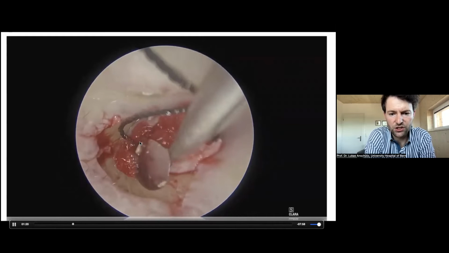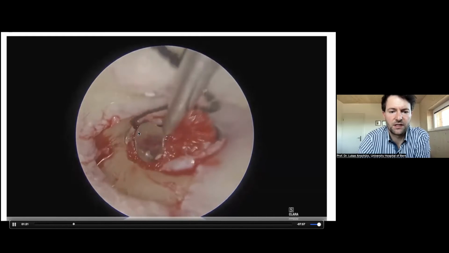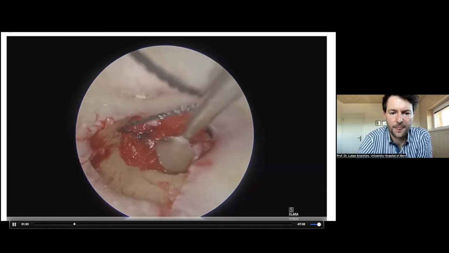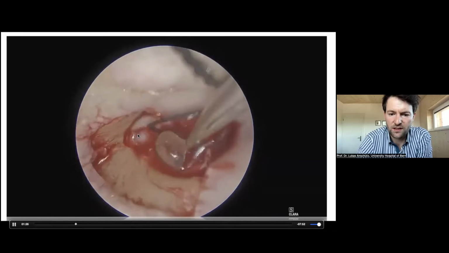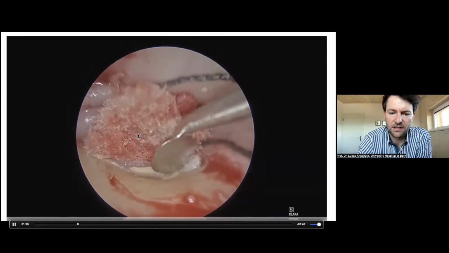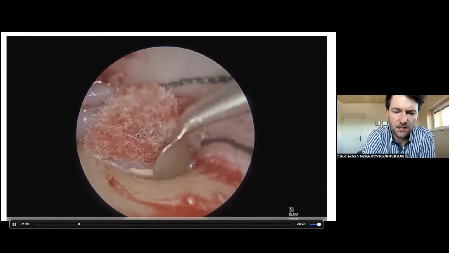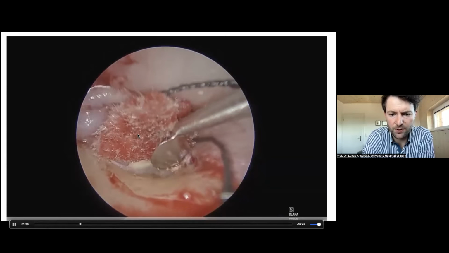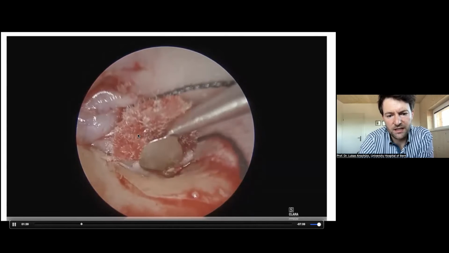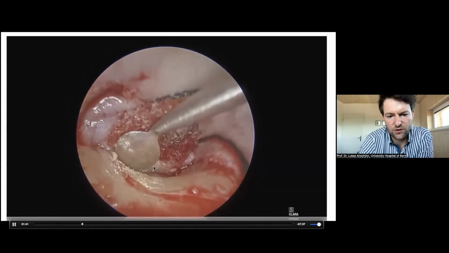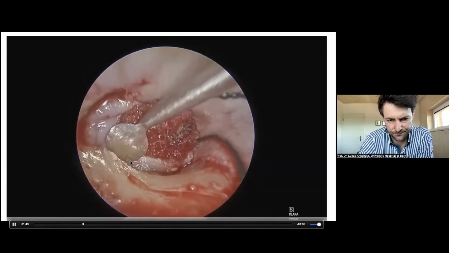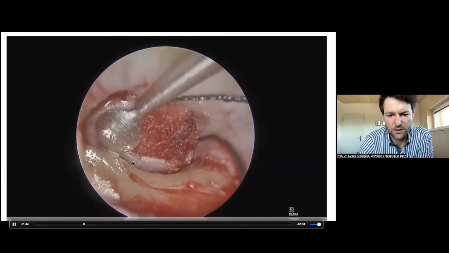And now we can reach the annulus. Here is already the cholesteatoma. And we can reach the annulus. You can see how beautifully it can be detached out of its bony crest. And we can open up the mucosa of the middle ear. You can see this now is the mucosa of the middle ear. We can cut it off with a needle.